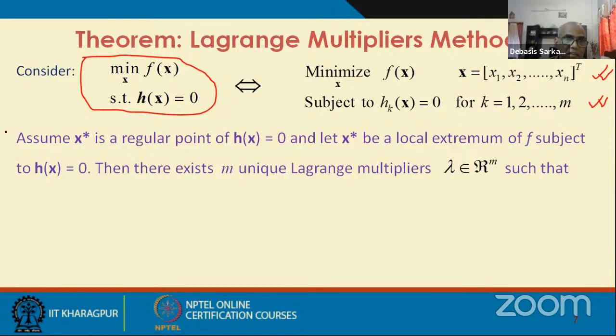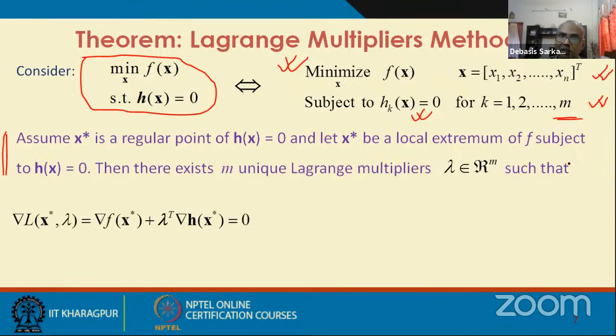So if x star is a regular point, and x star is a local extremum, that means local minimum or maximum of this objective function, which satisfies these equality constraints, then there will exist m number of Lagrange multipliers